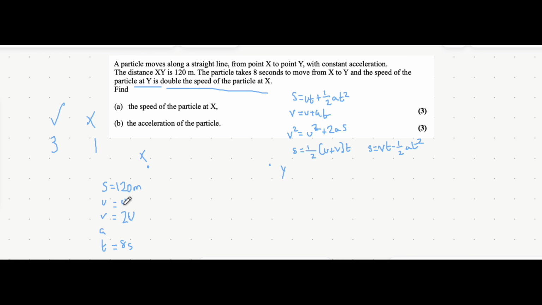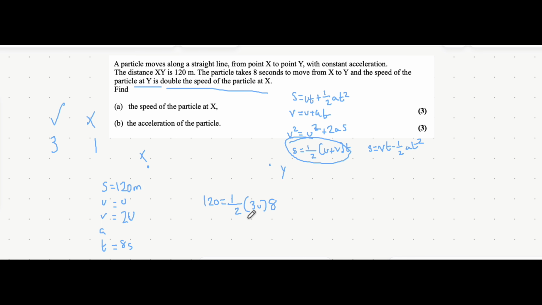The equation linking s, u, v, and t is this equation here. So let's use that, and you'll see what happens. So s is replaced with 120 equals a half of (u plus v), so u plus 2u, which is just 3u, just to make it simpler, multiplied by time 8. Now that you form this equation, what you can hopefully see is that because we made u and v in terms of the same variable, it makes it so that it's an equation that you can